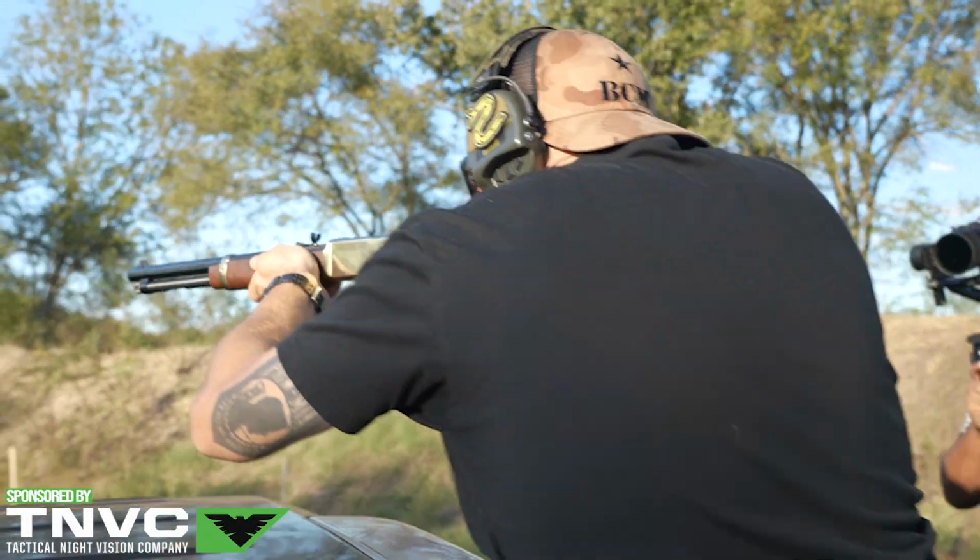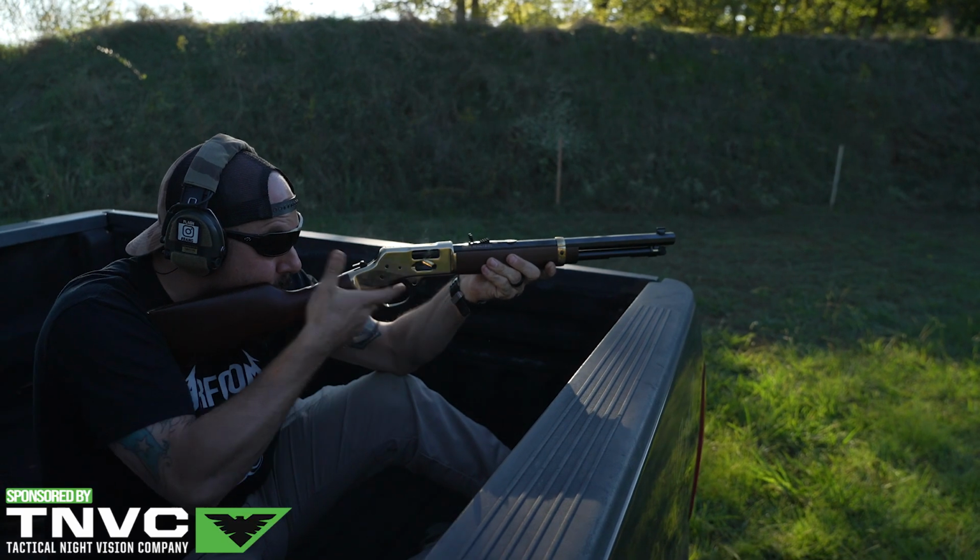Maybe. And the 38 Special, I feel, was easier to keep on target than the 357. 357 was really satisfying, actually, out of this rifle. And ironically...